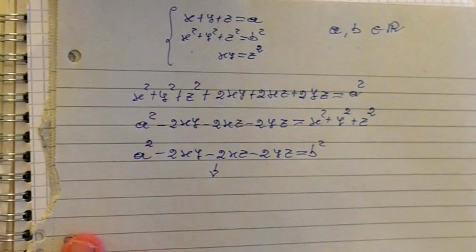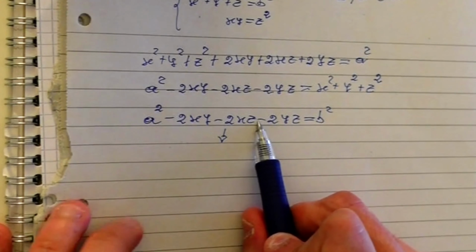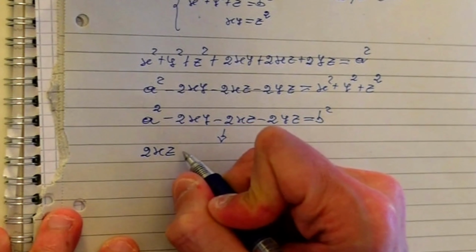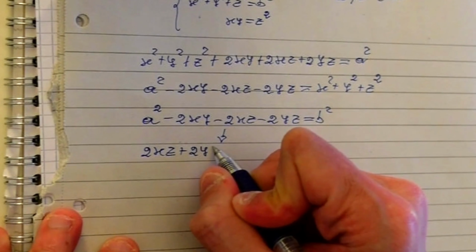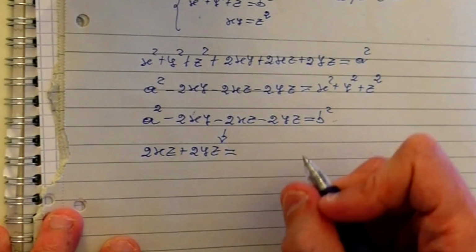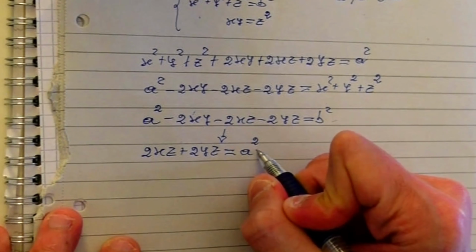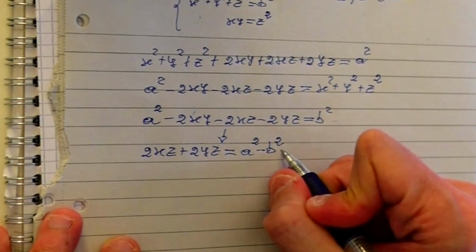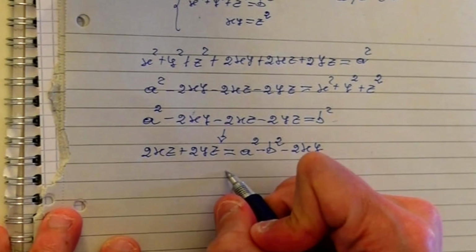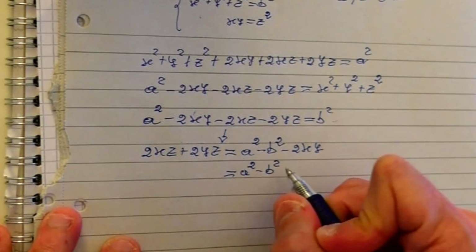This leads to what? We can solve this equation for z. This means that 2xz plus 2yz is equal to a squared minus b squared minus 2xy, which is basically to say that a squared minus b squared